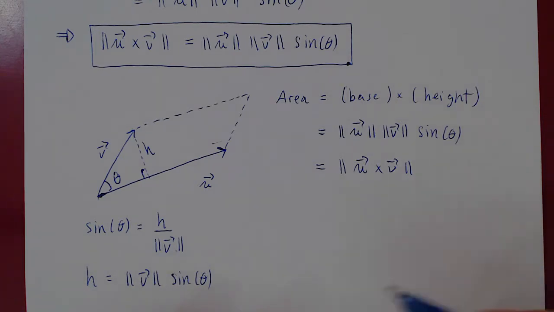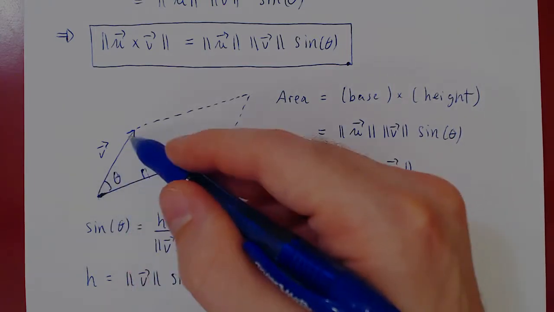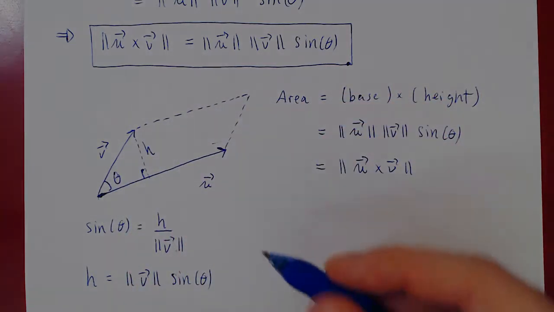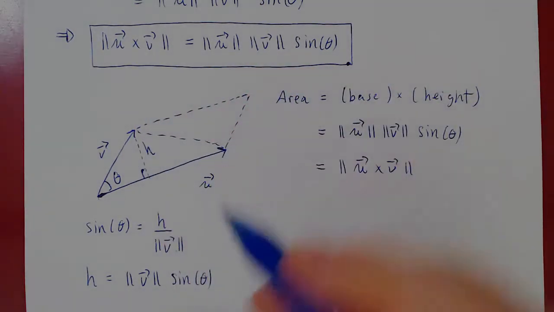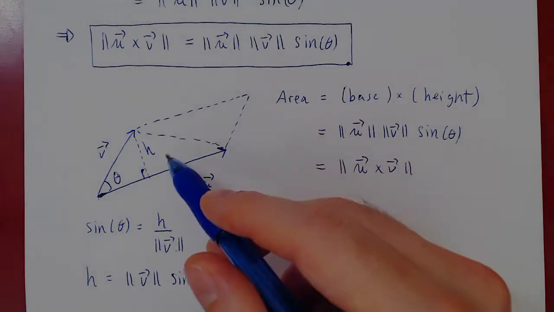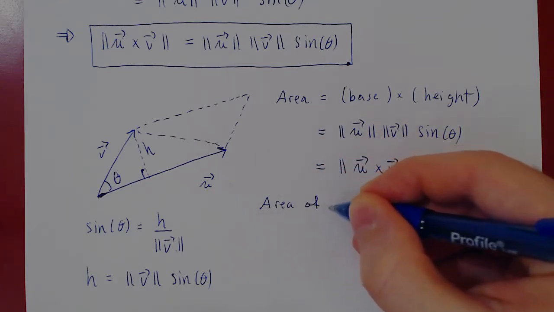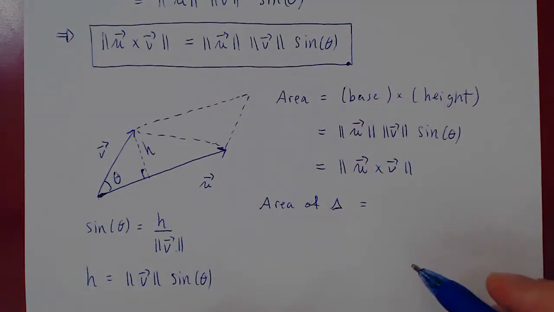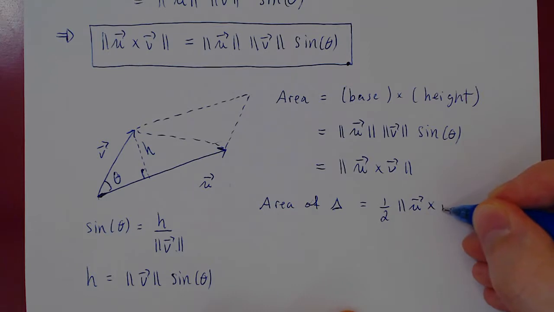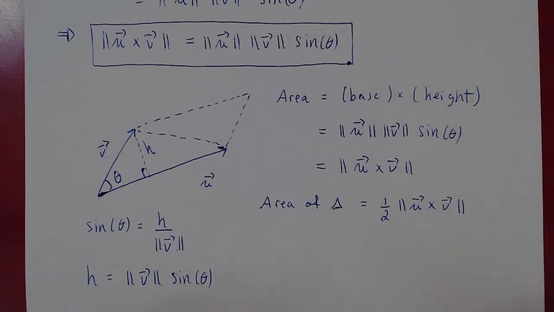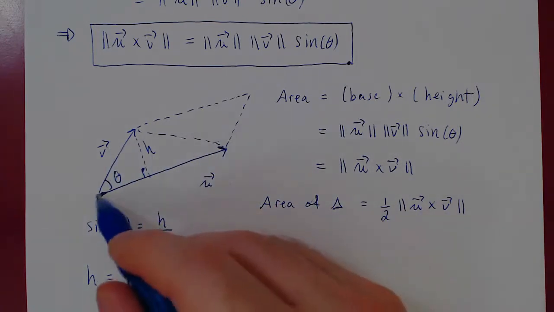We could also look at two vectors forming a triangle, right? Naturally, instead of using u and v to build a parallelogram, we could connect simply the endpoints of the two vectors and form a triangle, but the picture is fully symmetrical, so the area of the triangle is simply 1/2 the area of the parallelogram, therefore 1/2 of the norm of u cross v. And that's it for problems of areas, either of a parallelogram spanned by two vectors or of a triangle spanned